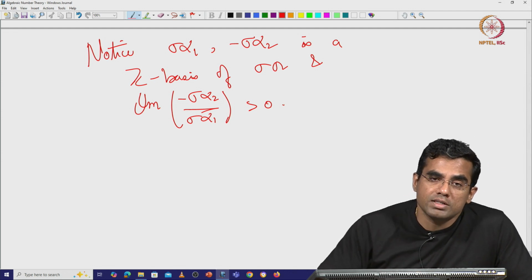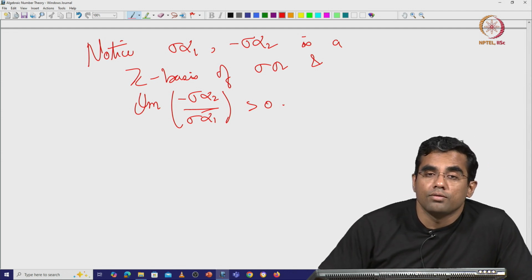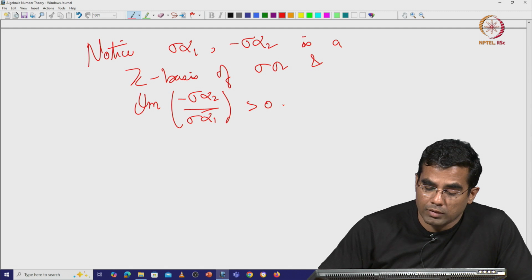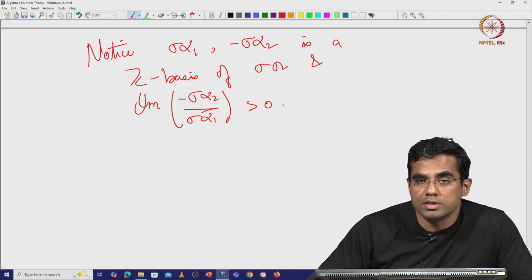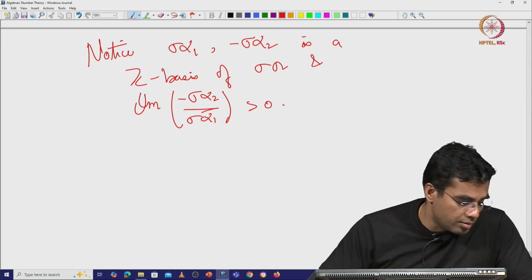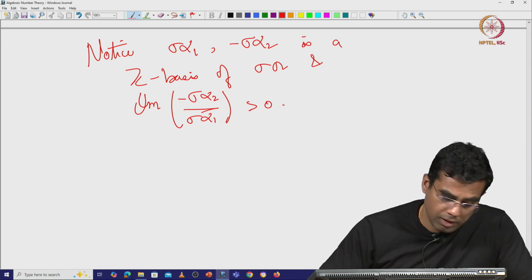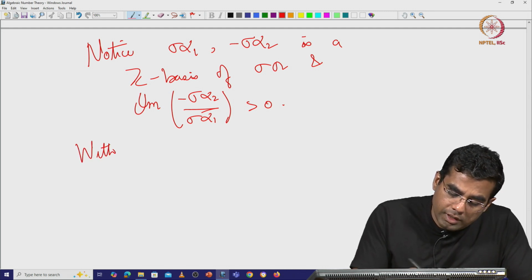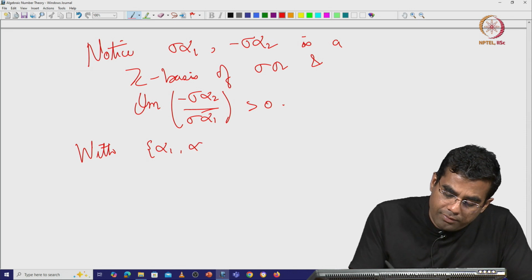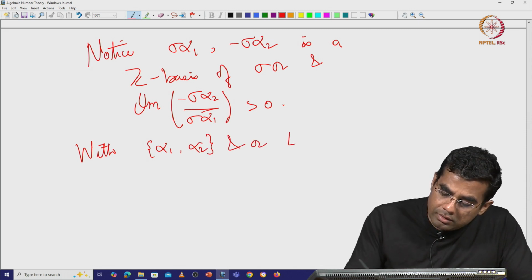So, the z basis that we are going to use for sigma A is not sigma alpha 1, sigma alpha 2, but sigma alpha 1 and minus sigma alpha 2. Okay. Now, let us say that with this choice of basis with alpha 1, alpha 2 and A, let